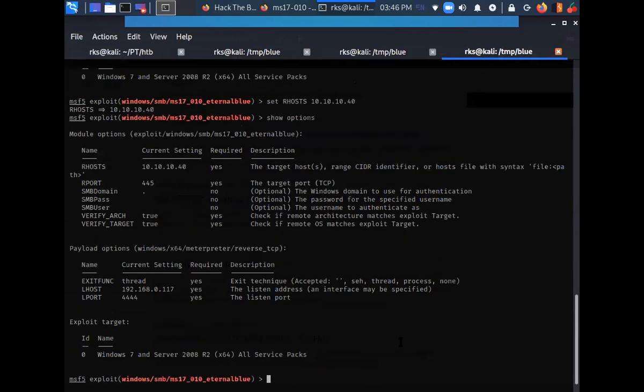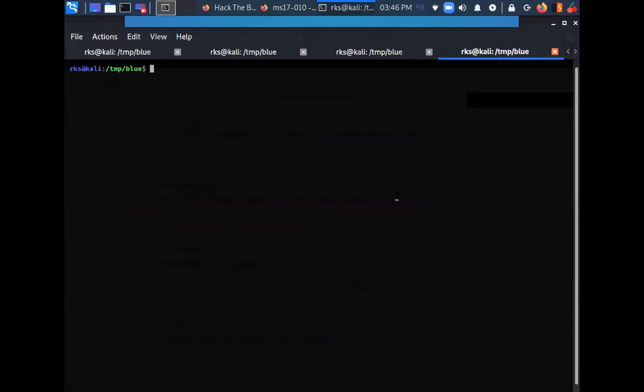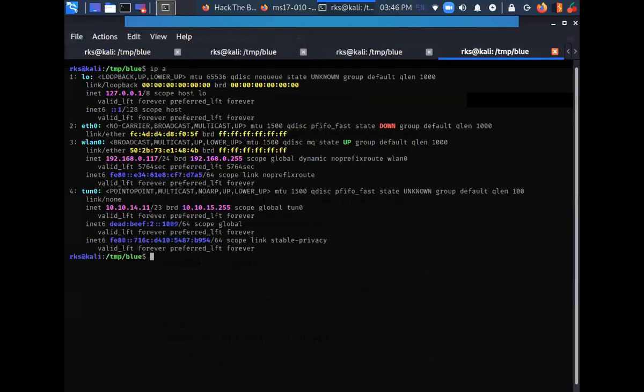Just type show options. LHOST is something that I need to change here. I can see it is not my IP address. So let's change it. Let's open a new tab and check my IP address. That is 10.10.14.11.